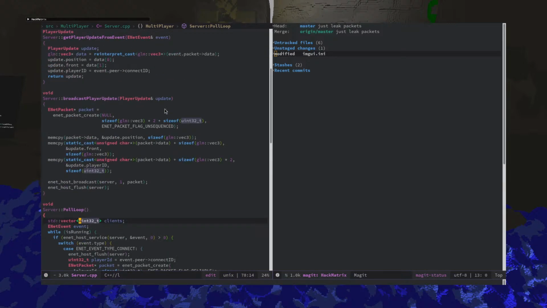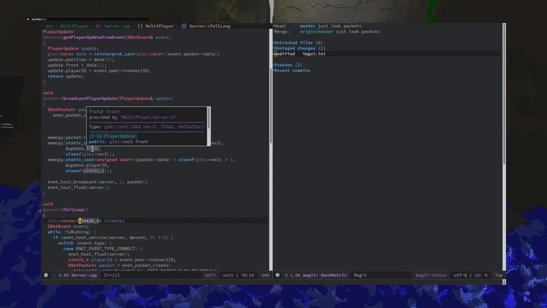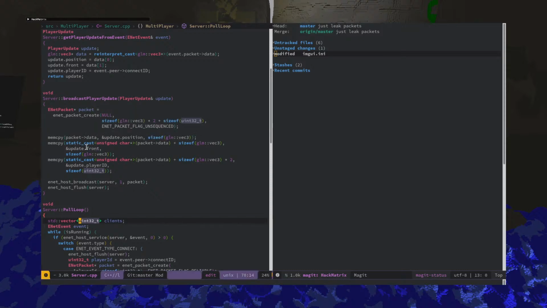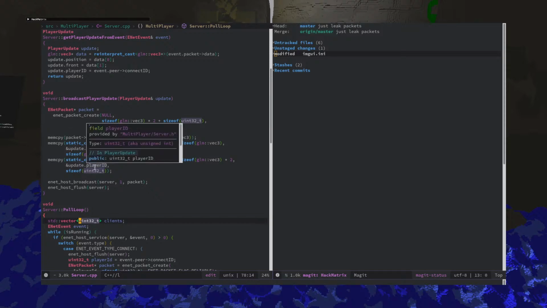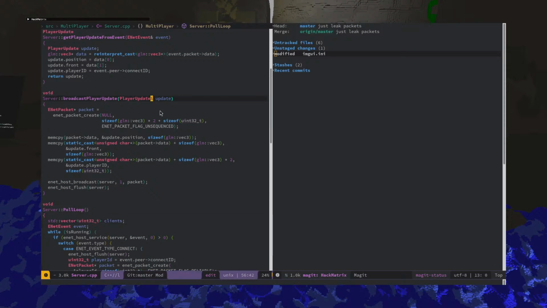Broadcast player update. Creates a packet. So it's doing a mem copy. I'm not sure if doing a mem copy of a reference is a good idea.